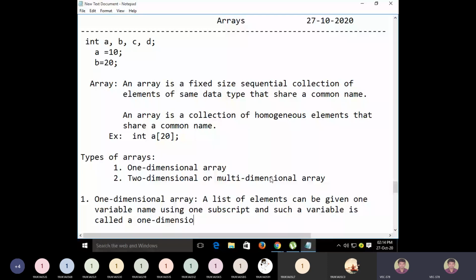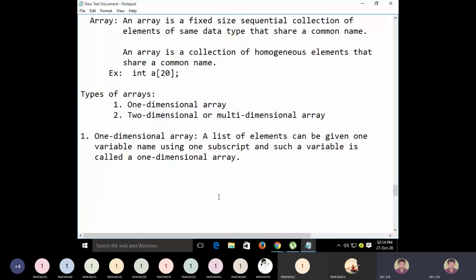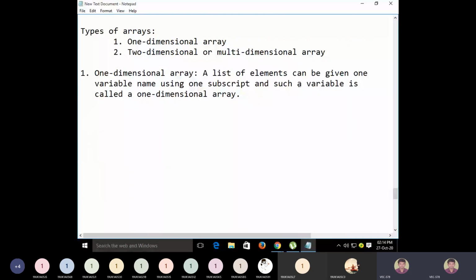This is the definition of a one dimensional array. A list of elements, a set of elements can be given one variable name using one subscript, and such variable is called a one dimensional array.